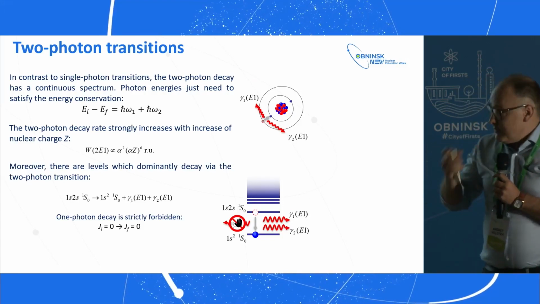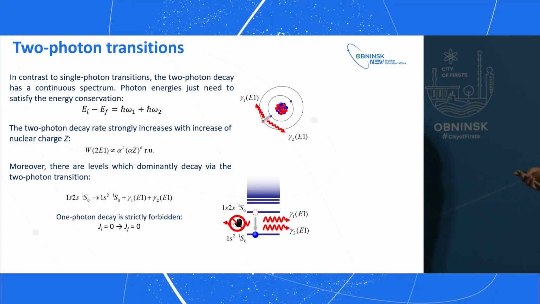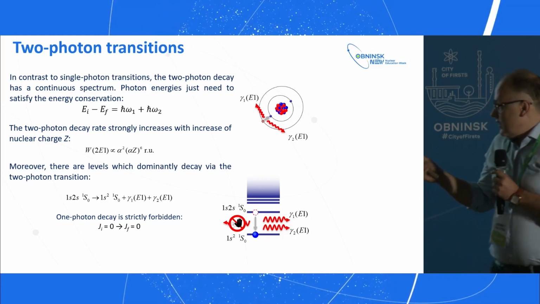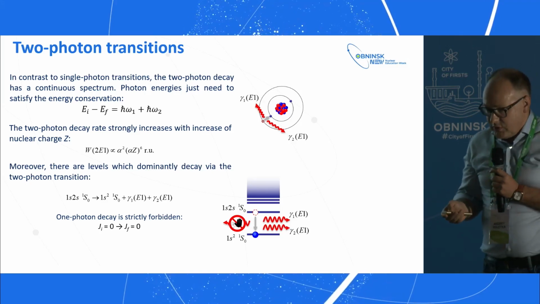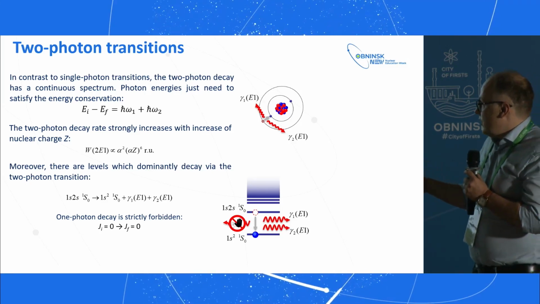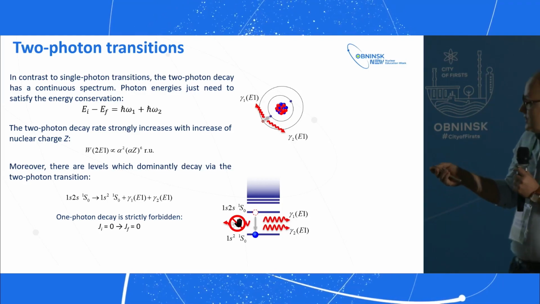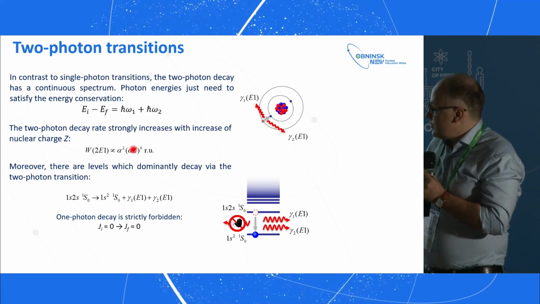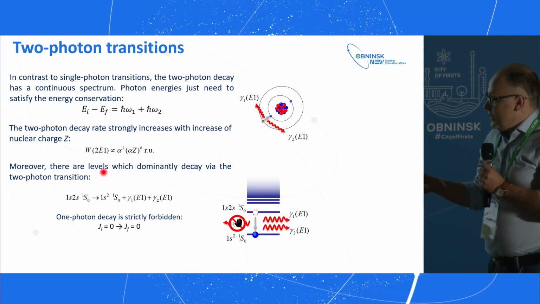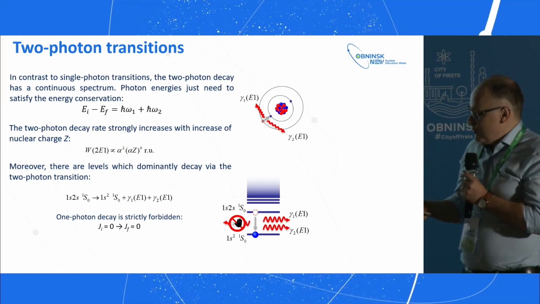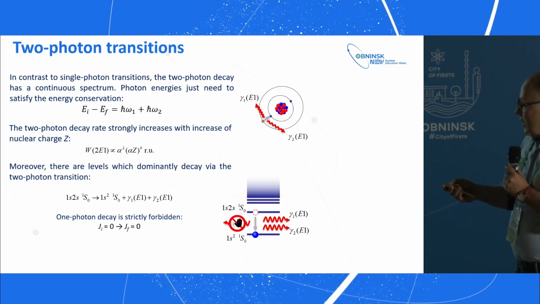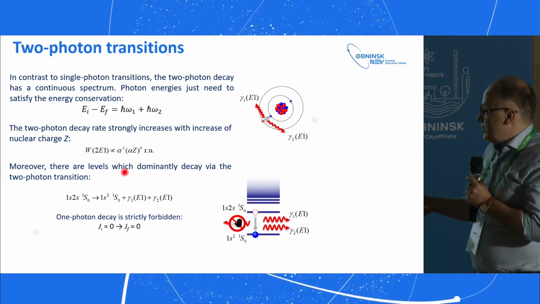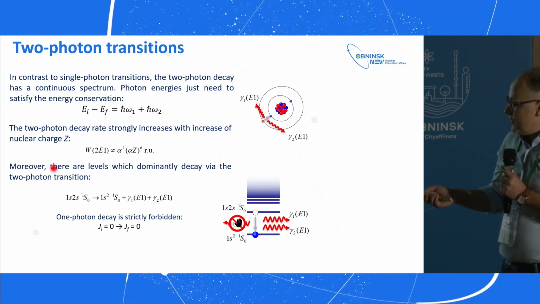Okay, another mechanism is two-photon transition. So here, as you know, the electron can undergo a transition with the simultaneous emission of two photons. In particular, this kind of transition scales with the nuclear charge as Z to the power of 6, and therefore one can expect that this kind of transition will be more dominant for heavy atoms or for heavy ions. And we find such a transition for helium-like ions, so it means that we have only two